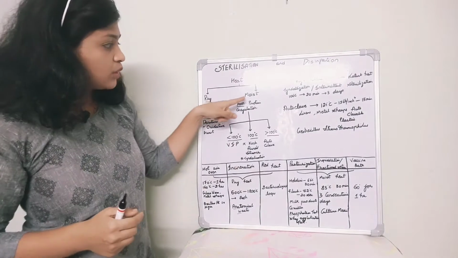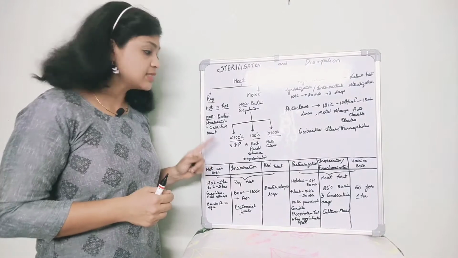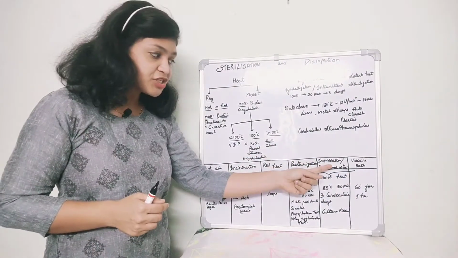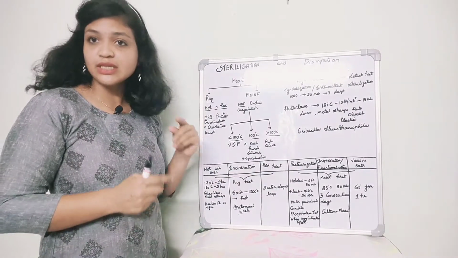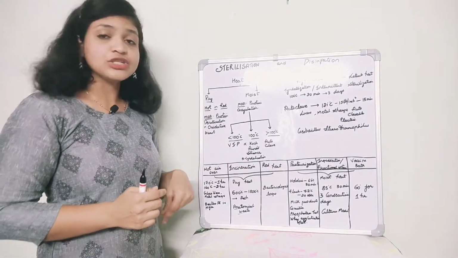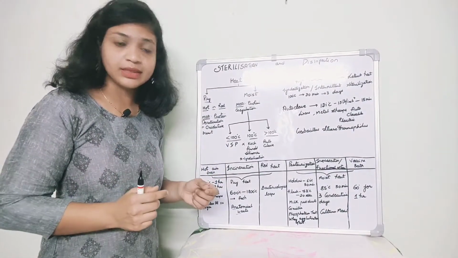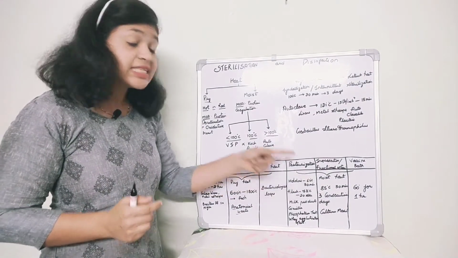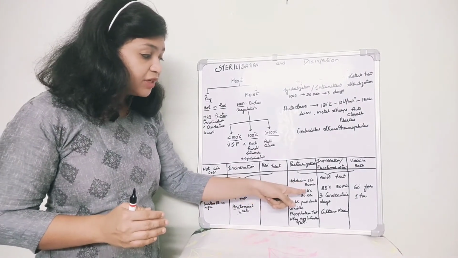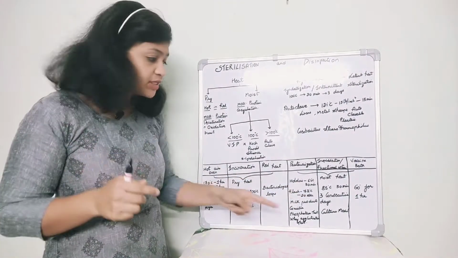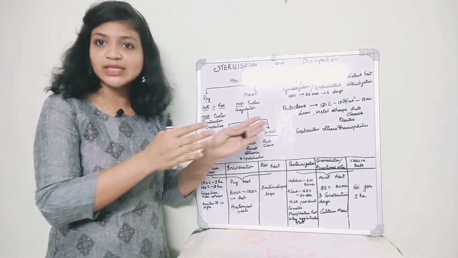Next one, coming to the moist heat. In moist heat, which are under less than 100 degrees Celsius, that is vaccine bath, inspissation, that is fractional sterilization, and pasteurization. Coming to pasteurization initially, there are two methods. One is Holder's method and the other is flash method. In Holder's method, we heat at 63 degrees Celsius for 30 minutes, and in flash method, we do it at 72 degrees Celsius for 20 seconds. That is why it is called flash, just a fraction of seconds, that is 20 seconds.